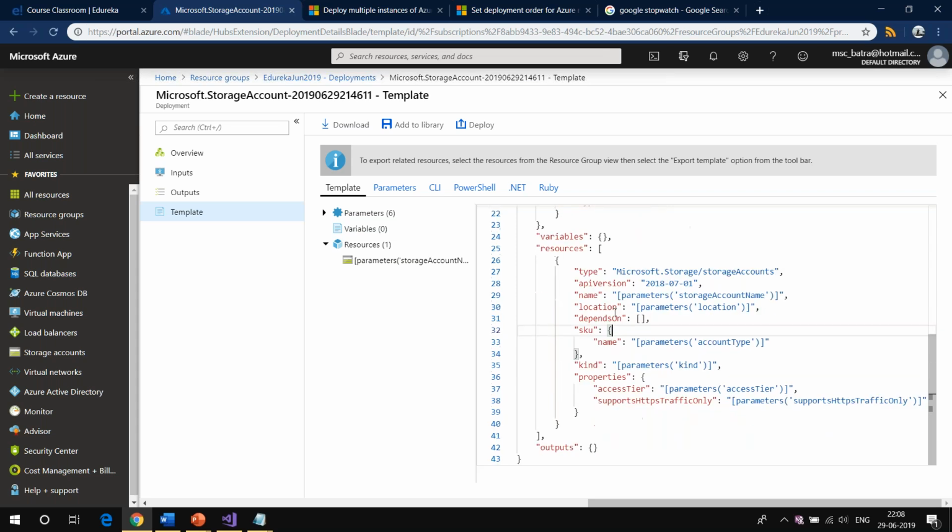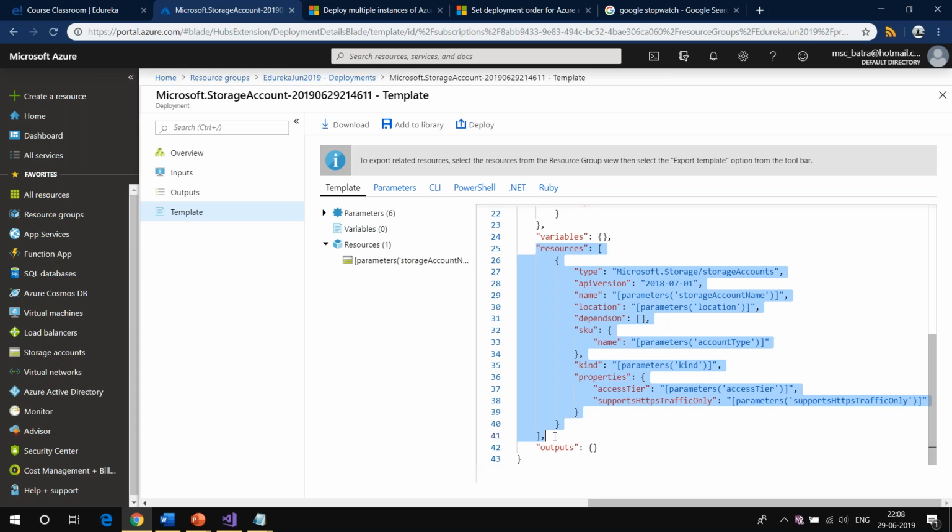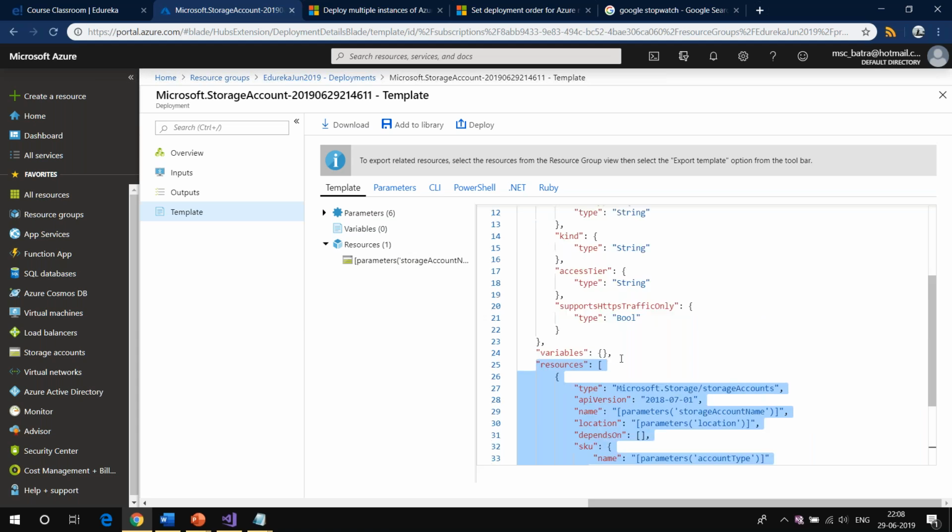This is why it is very important to understand these ARM templates. Tomorrow, if you join a new team and they have already created some ARM templates and they ask you to modify them, you have to understand what is in these templates. For any kind of automation, for any kind of CI/CD deployments, I hope some of you know about DevOps, CI/CD, that is where you will have to use ARM templates.